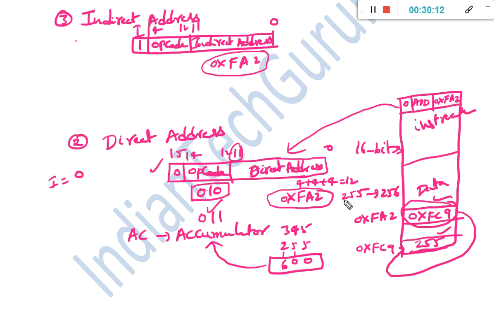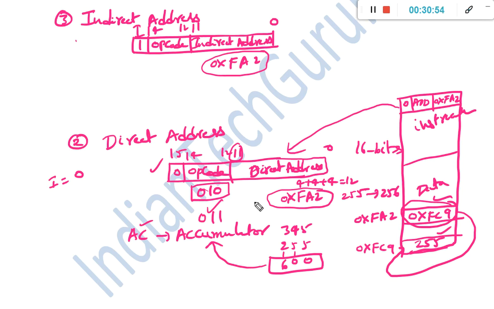At that particular time, we are not going to use the accumulator. The accumulator we can consider as an intermediate register, which will be useful for performing the operations whenever we need two operands. So initially we are going to fetch the first operand and store it in the accumulator, and then we are going to fetch the second operand, and perform the operation with the second operand and the content of the accumulator. So this is actually done in case of the operation code or instruction format.